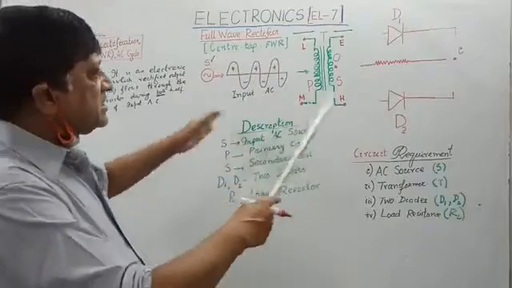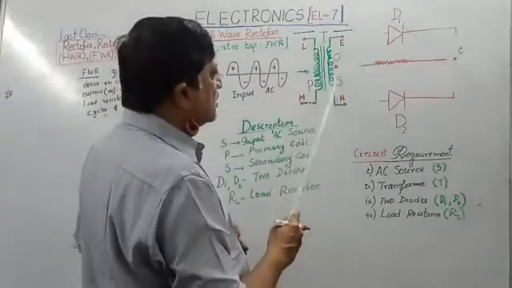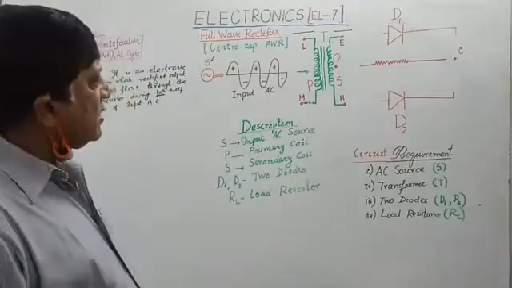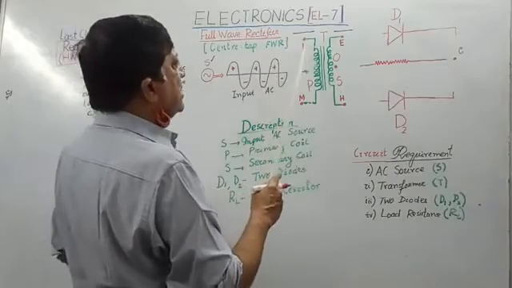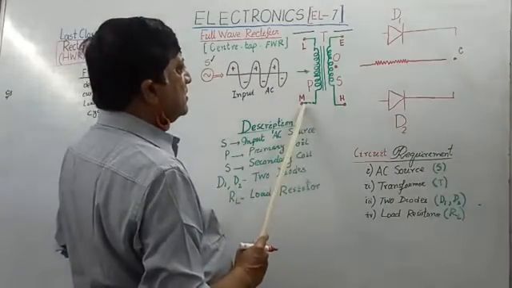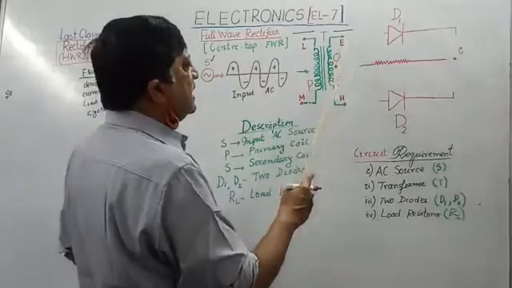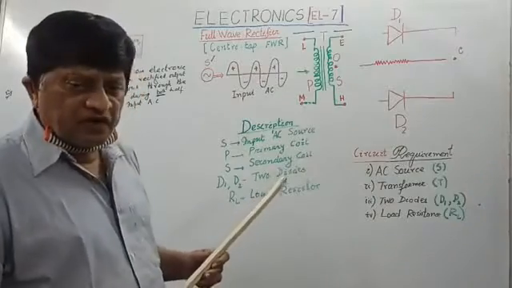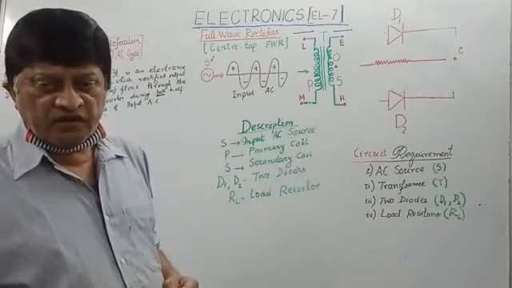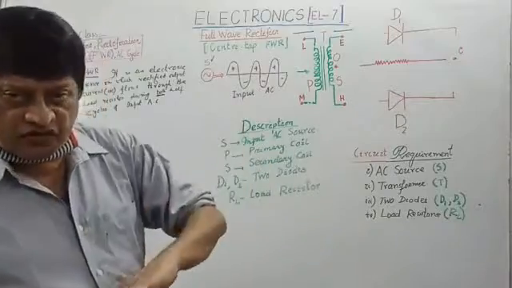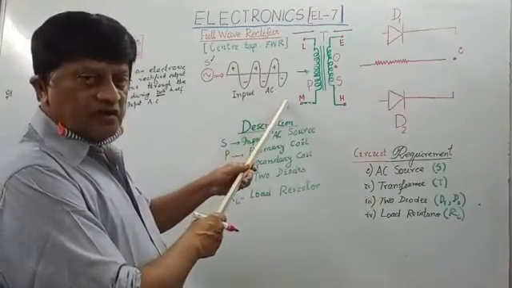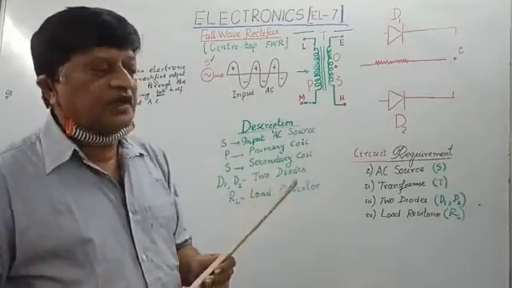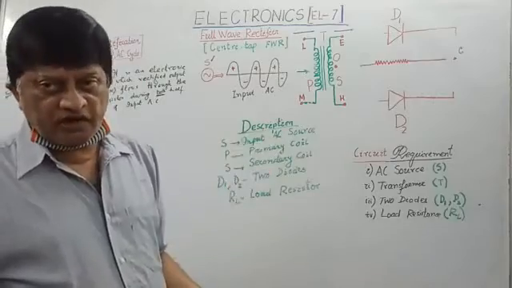Then you see it is separated. Primary coil is not connected with secondary coil because of this core. The terminals of the primary coil are L and M. The terminals of the secondary coil are E and H. Now again I repeat that transformer is not the rectifier. It is transformer because it transforms the alternating voltage to another alternating voltage, only this much, with a different voltage level and different current level.